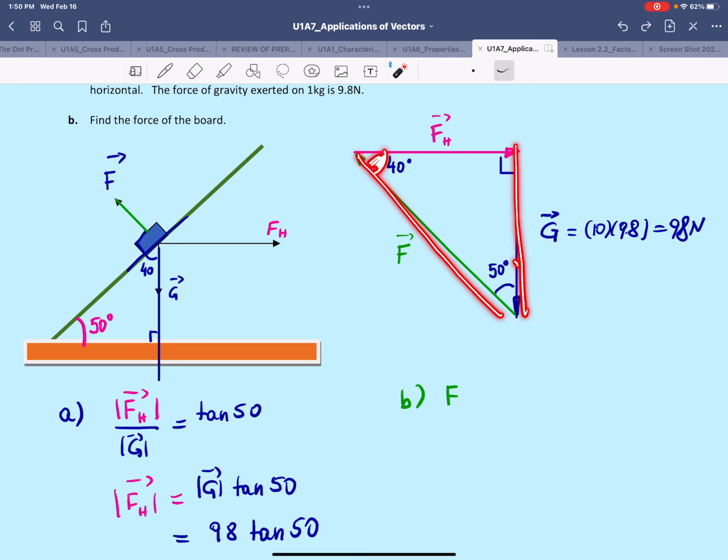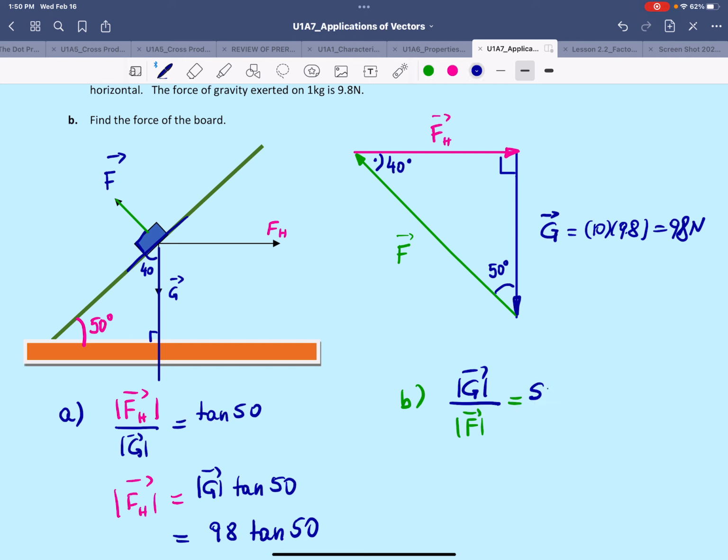So I'm going to use the angle 40. And gravity is opposite the angle 40. So we're going to say that gravity magnitude divided by force F will be the sine of 40. So that makes